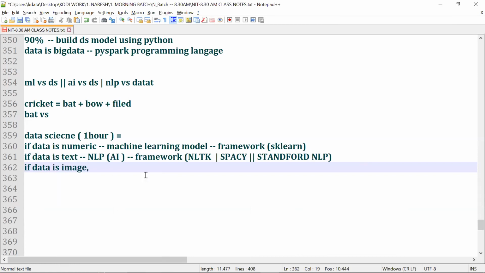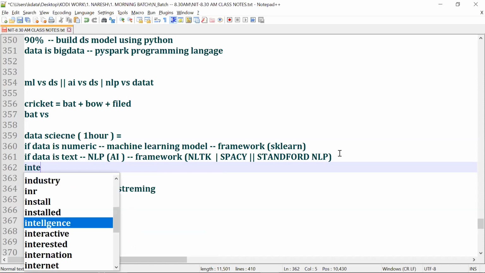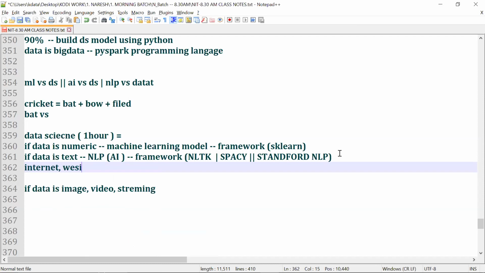And video and streaming. Do you guys understand or not? What exactly is text, guys? When I'm saying text, the text is generated from the internet, websites. What kind of text is generated? XML files, HTML files. Can we call that text or not, guys? Text, right? And also like WhatsApp chat, Insta chat, Twitter chat. This is called sentiment analysis projects. Multiple projects we can build using these frameworks. Understand, team?